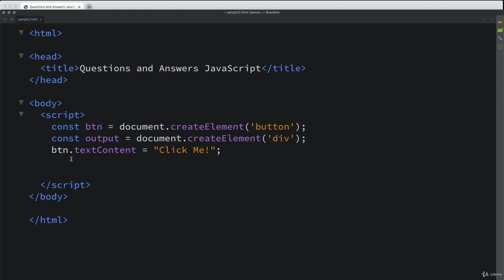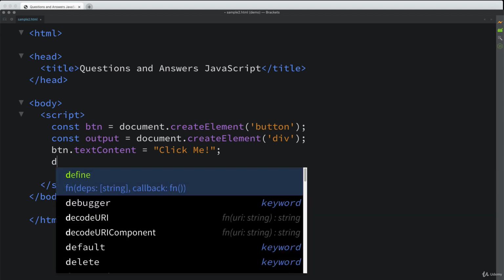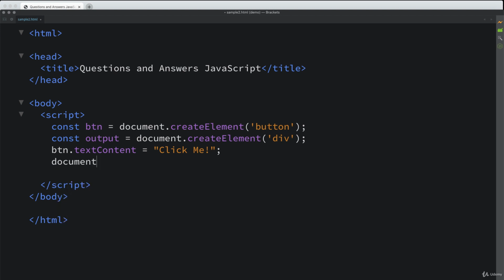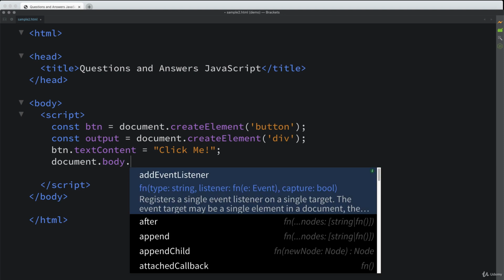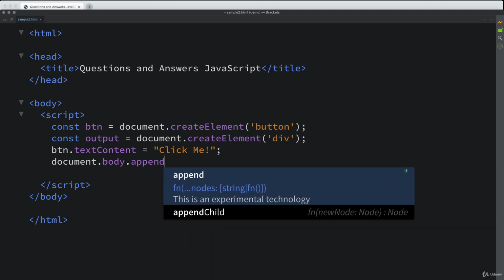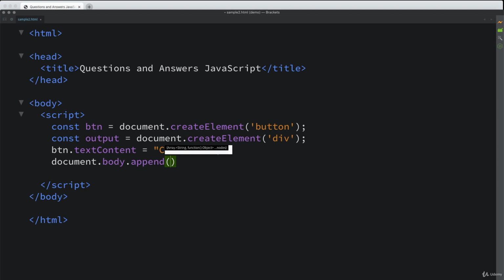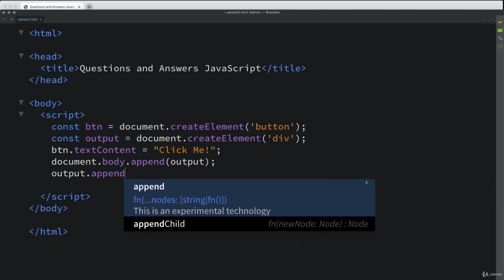And then for the output itself, we're just going to leave it blank right now, but we will be adding it to the document. So just select the document, and then the body object is already an object within the document, and we can use the append method to append the output to there,